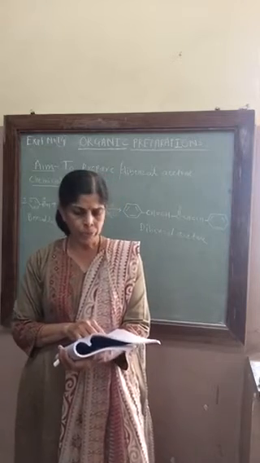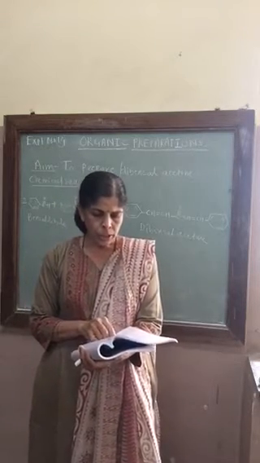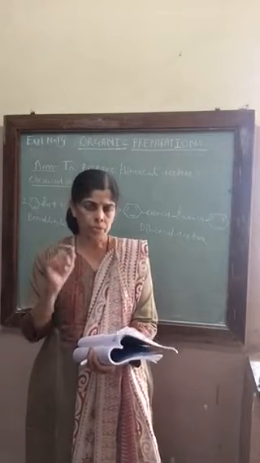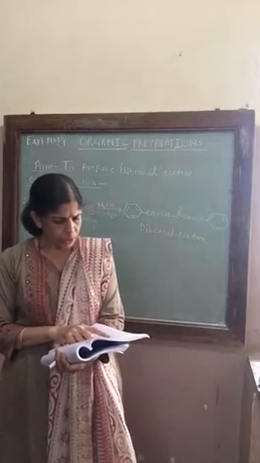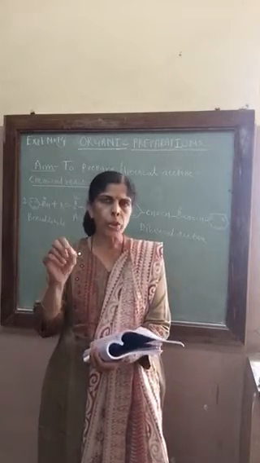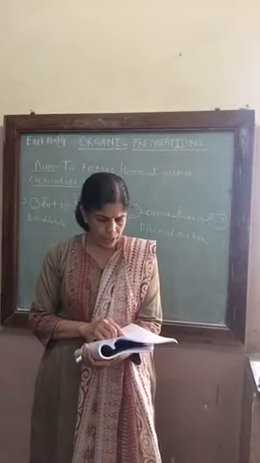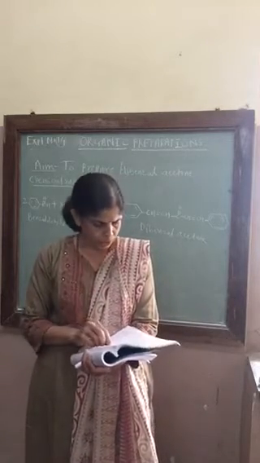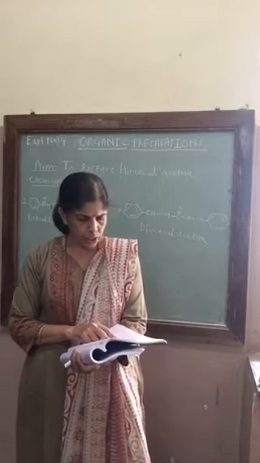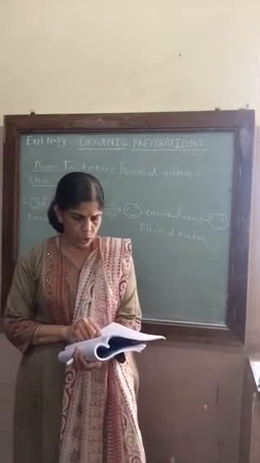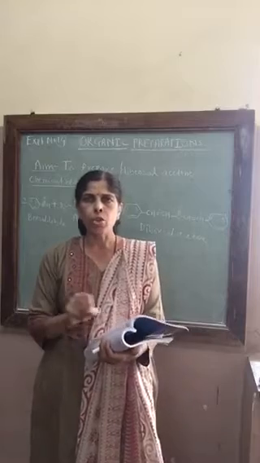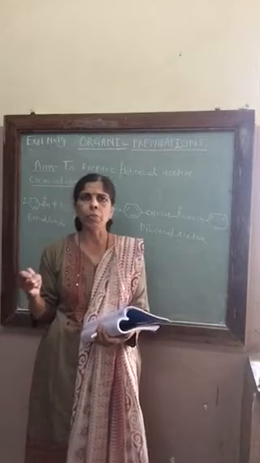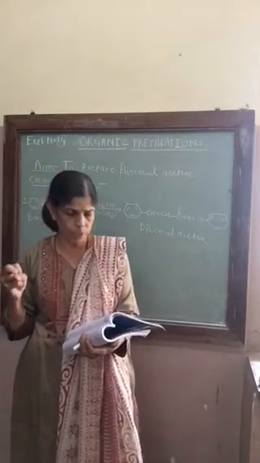You are going to add 10 drops of 10% NaOH dropwise. Underline dropwise. Add to the conical flask with constant shaking. One drop you are going to add and you are going to shake. Then cork the conical flask and shake vigorously for about 10 minutes. Intermittently you are going to remove the cork of the flask to release the pressure developed. When you shake for 10 minutes, you remove the cork in between so that the pressure which is developed will be released from the conical flask.